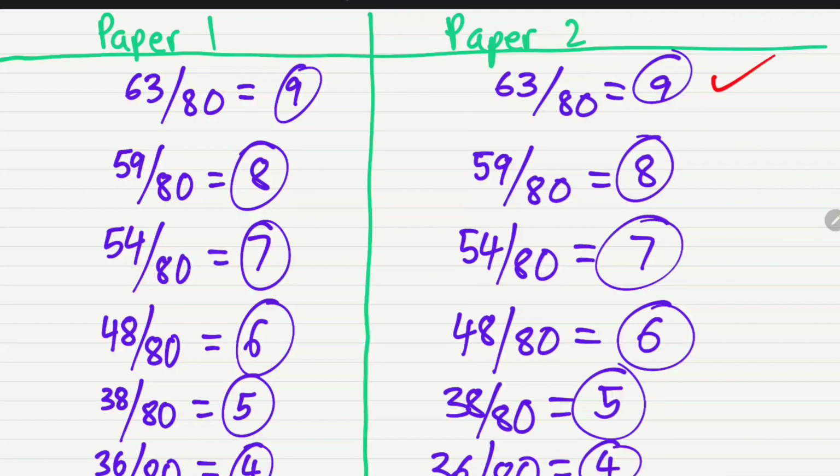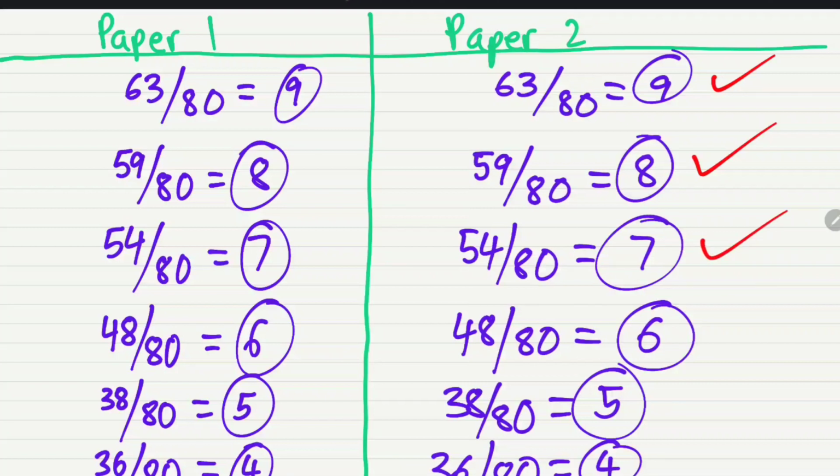To those of you aiming for grade 8, a minimum score of 59 out of 80 in paper 1 and 59 out of 80 for paper 2 will score you your grade 8. To those of you aiming for grade 7, 54 out of 80 as a minimum will get you a grade 7 for paper 1, and also 54 out of 80 for paper 2 will get you a grade 7 as